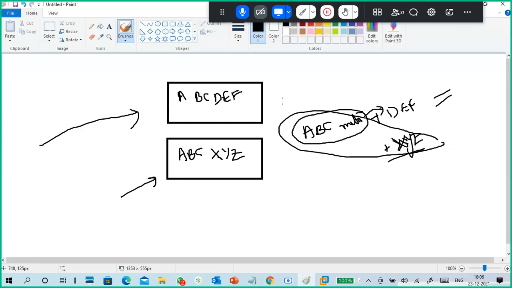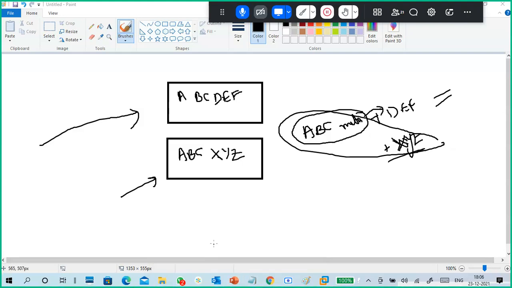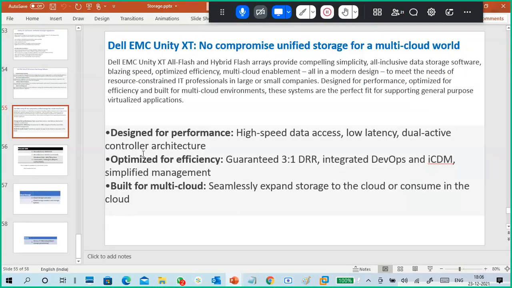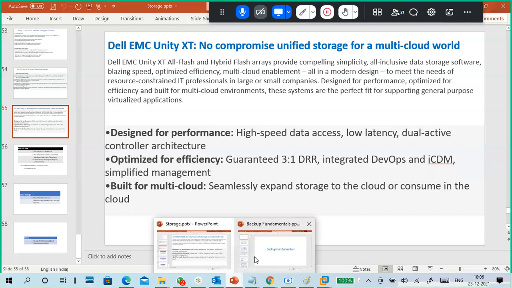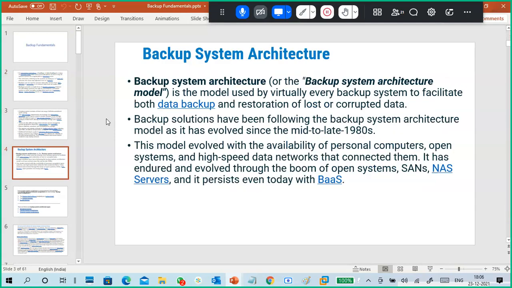So what is the advantage of that? You can reduce the size on your disk. A lot of people store data, and this is where we see data deduplication.